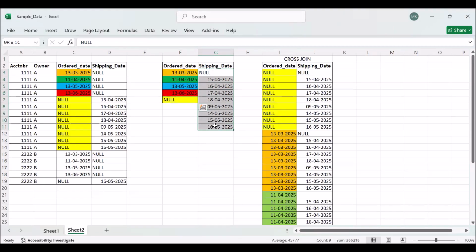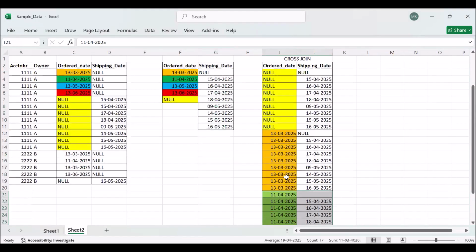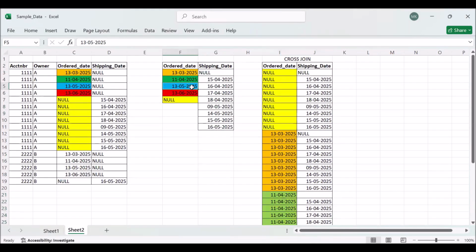That's how we will get this bunch of information. Same for 303, we will have the same. For this one, for 2025, same output. And same for 13th May, we will have every shipping date. And this is only for this